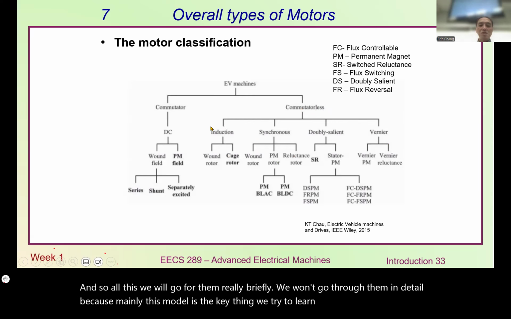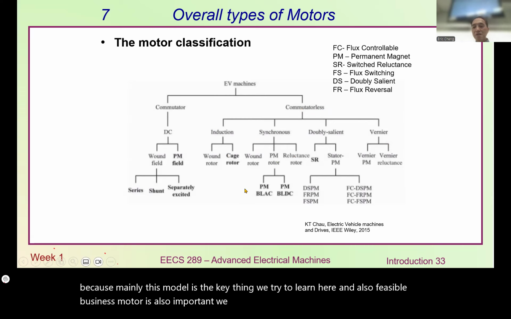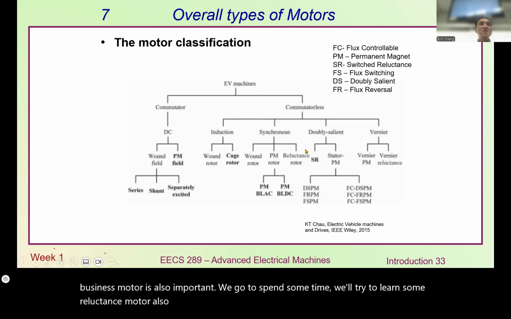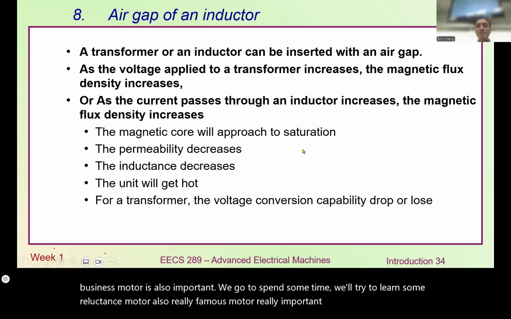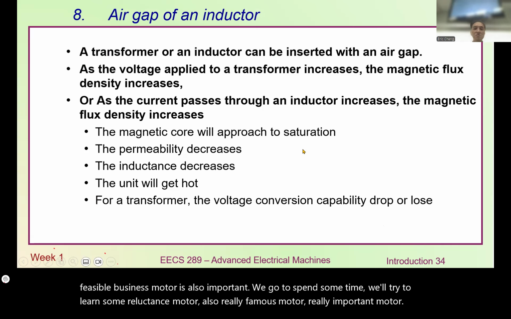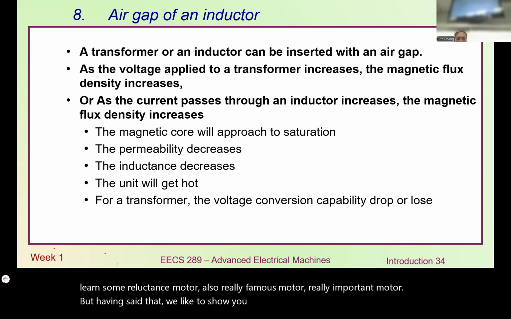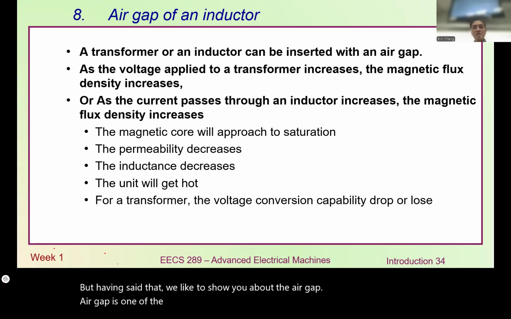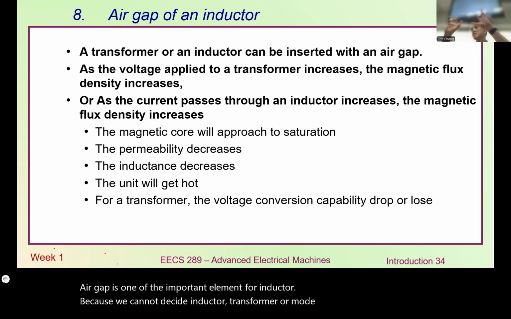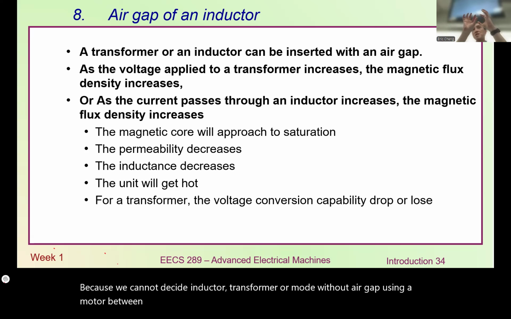And also DC motor, brushless DC motor is also important. We're going to spend some time. We'll try to learn some reluctance motor, also a really famous, really important motor. But having said that, we'd like to show you about the air gap. Air gap is one of the important elements for an inductor because we cannot design an inductor, a transformer, or a motor without an air gap. You see in a motor, between the stator and rotor,